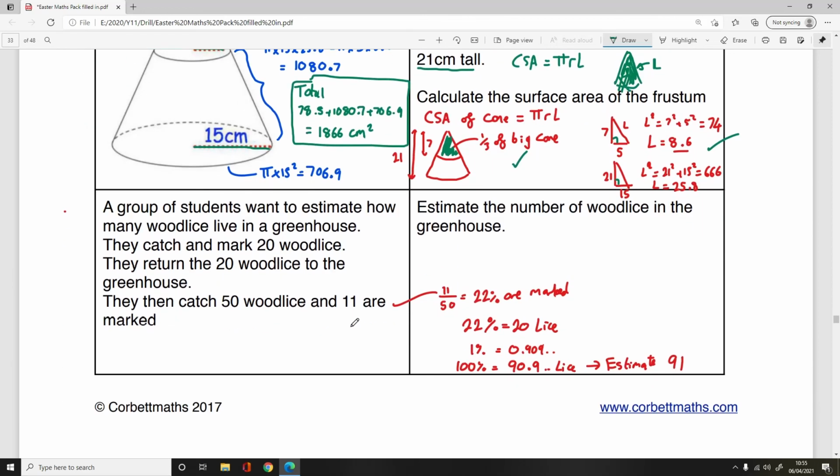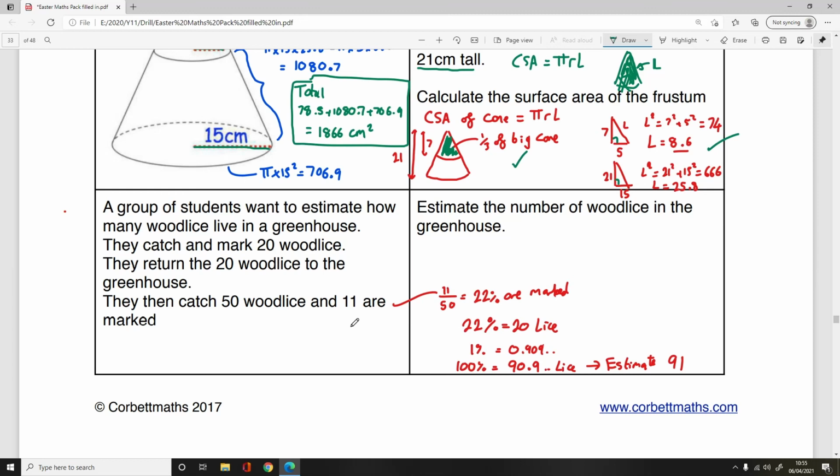Okay. And then finally, this is kind of a stratified sample question from the olden days, but it's more of a proportions thing. So we want to estimate how many woodlice live in a greenhouse. We catch and mark 20 of them, return them to the greenhouse, and then catch another 50. And 11 of them are marked. How many woodlice are in the greenhouse? Well,